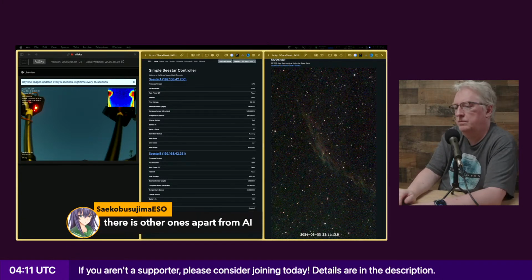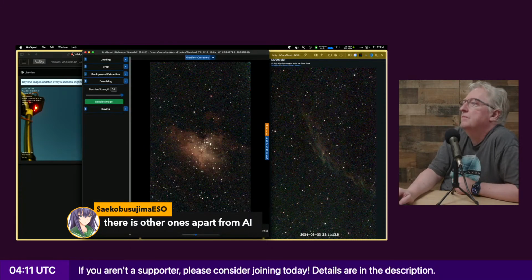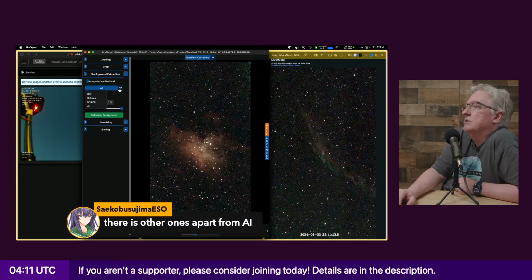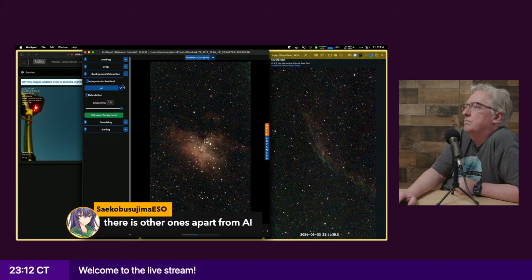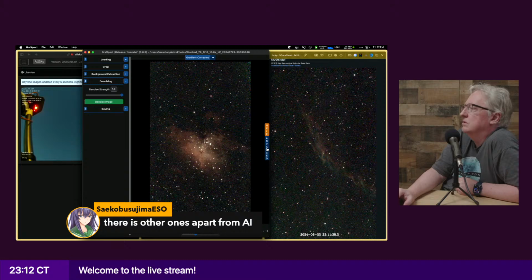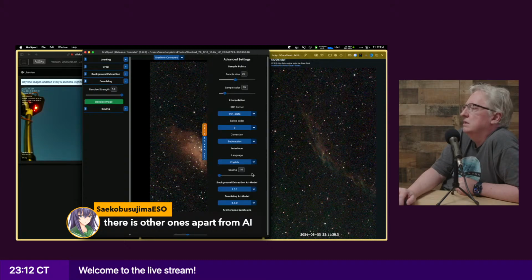Is there another one besides the AI? I think there was a non-AI one for background extraction, but I thought GraXpert only had, because with background extraction you can pick other algorithms, but actually the AI one doesn't take that much time. But the denoising, I think, is just AI in GraXpert.